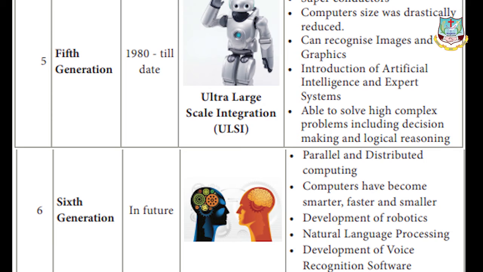The sixth generation is the place where robotics are developed for all the works, maybe for kitchen works, maybe for washing a dress, maybe for grinding a thing, maybe for doing some homework, for everything. Artificial intelligence, these robots are invented. So the development of robotics is done here in the sixth generation.